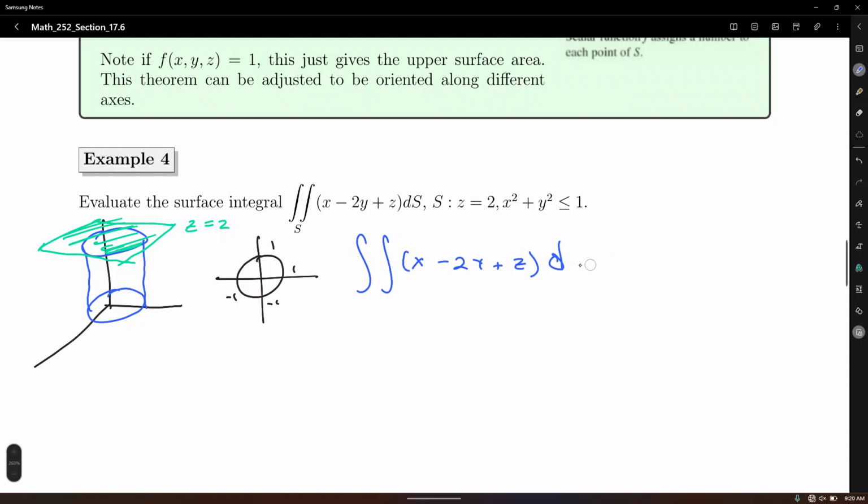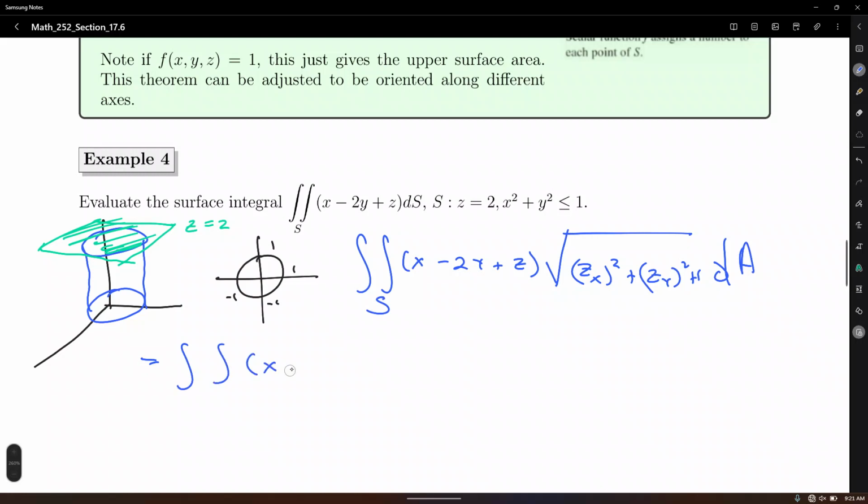That's the same as, well, actually I'm going to replace dS with the radical, z with respect to x squared plus z with respect to y squared plus 1 dA. So the surface integral over S will be equal to the integral of x minus 2y plus z,